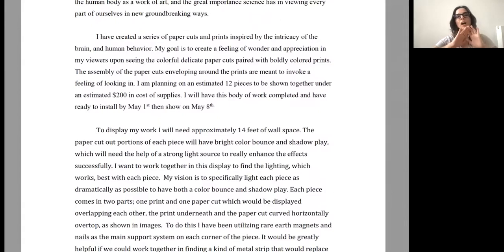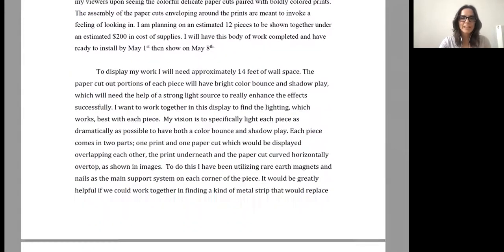The paper cut enveloping around the print to invoke a feeling of looking within. Okay, and then a little bit more of detail about the importance of lighting here. As you saw from that image, and you'll see in the moment, lighting was important, a strong light source to help with color bounce and the shadow play within the work, as well as how much wall space they were